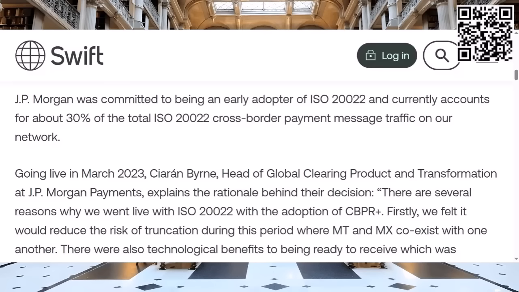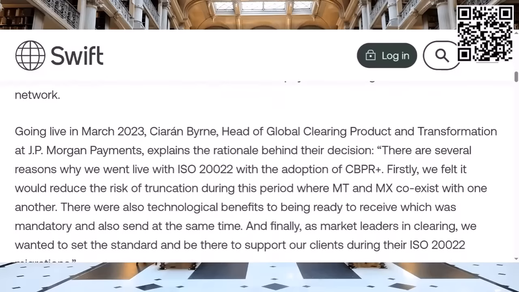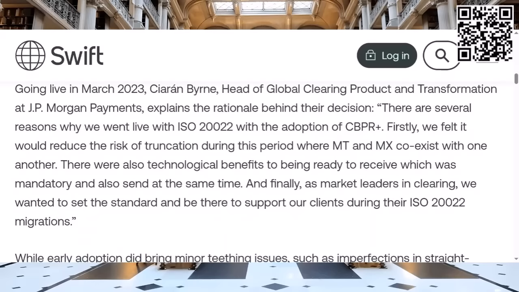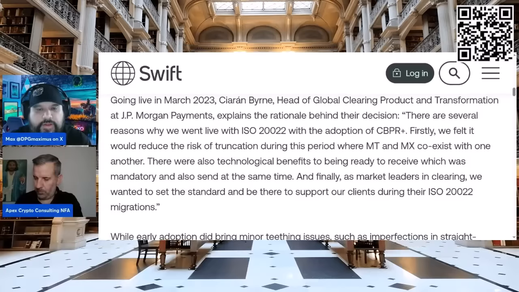We'll jump over to another part of the research, and it is the rationale behind their decision. Quote, there are several reasons why we went live with ISO 20022 with the adoption of CBPR+. Firstly, we felt it would reduce the risk of truncation during the period where MT and MX coexist with one another. I mean, I've stated this numerous times, that truncation. You've got to have things that won't truncate. I've used log files numerous times, whether it's game servers and so on. At the end of the day, you don't want to have an issue of truncation because things will get lost